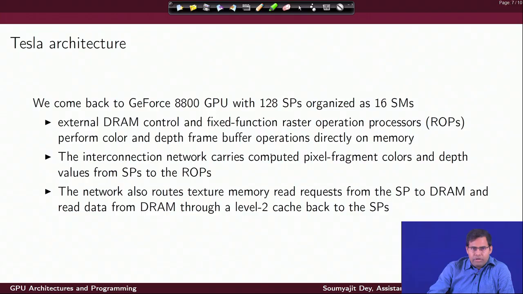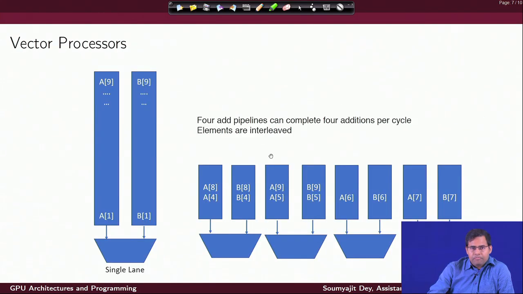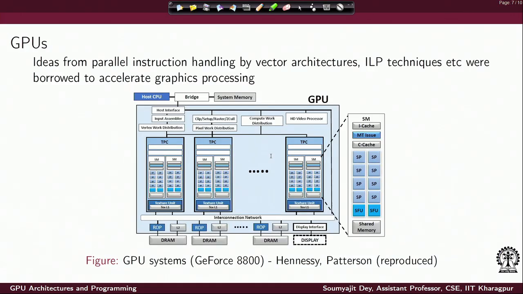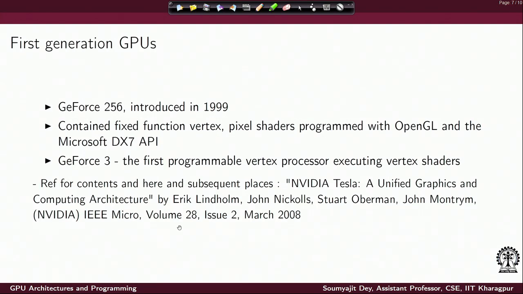So, just to get a feeling of the connectivity, if we look back here into the picture that we had for our GPU, we have these ROPs being connected with the interconnection network. The interconnection network is here connecting the different TPCs which contain the SMs and also the SPs, and this interconnection network also connects the ROPs, and they connect the DRAMs through this hierarchy of level 2 caches. Now, coming to our point here,